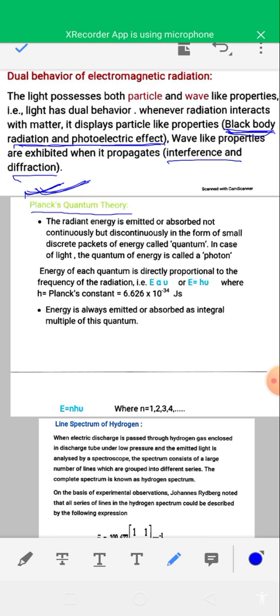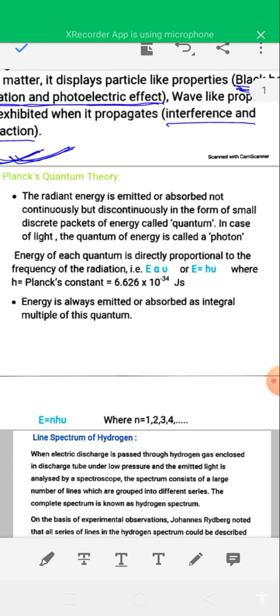In Planck quantum theory, it is assumed that light is a stream of small particles, or small energy packets, which are known as photon particles. These photons are also called quanta. So according to Planck quantum theory, light is a stream of energy packets which are known as photon particles or quanta, and the radiant energy is emitted or absorbed